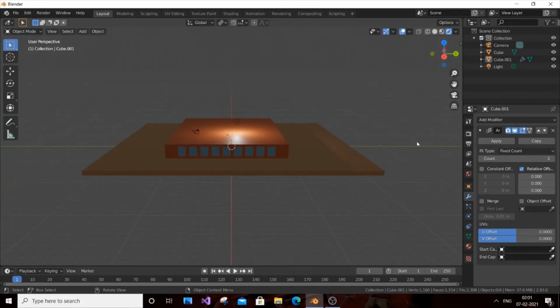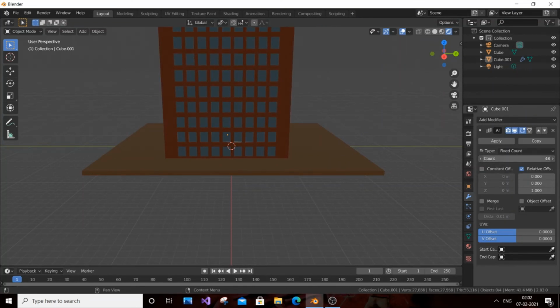Now what we are going to do is go to the z axis and just change the value to 1. Just select it or you can just move it by 1. So as you can see, our duplicate appears beautifully over the top. So we now have a 2-story building ready. And now what we need to do is just go to count, click it, drag it, and that's it.